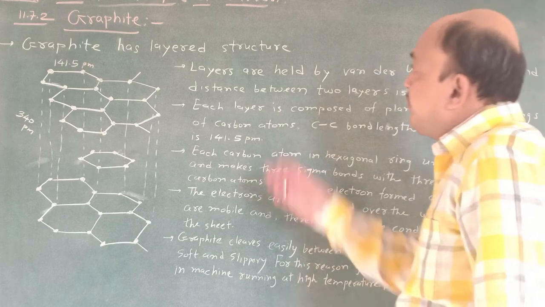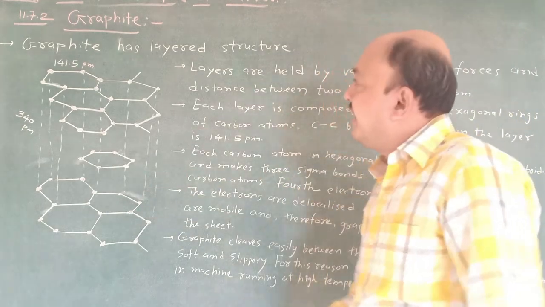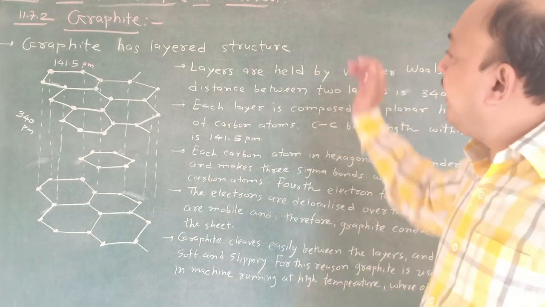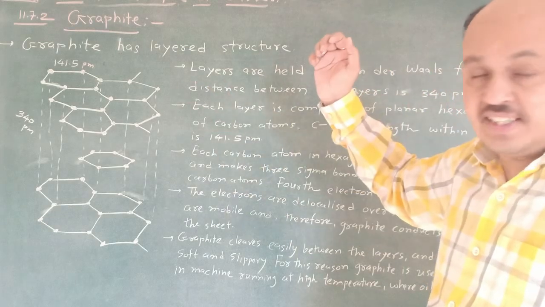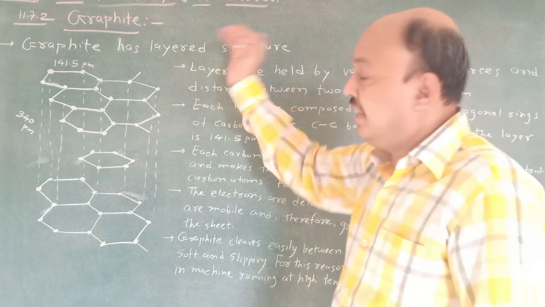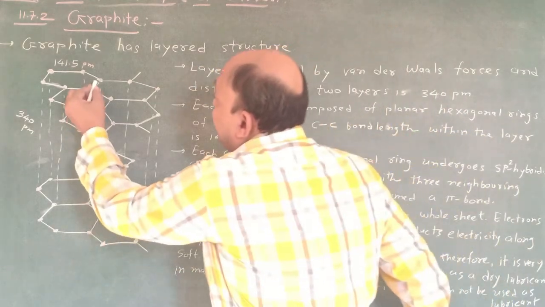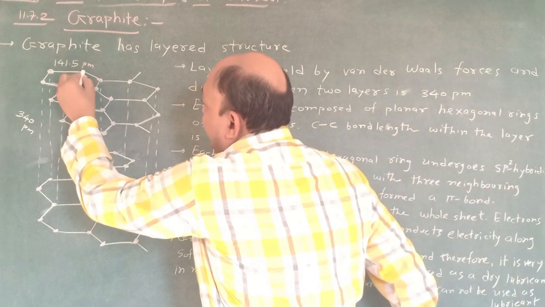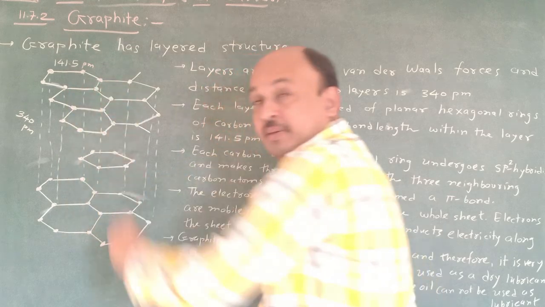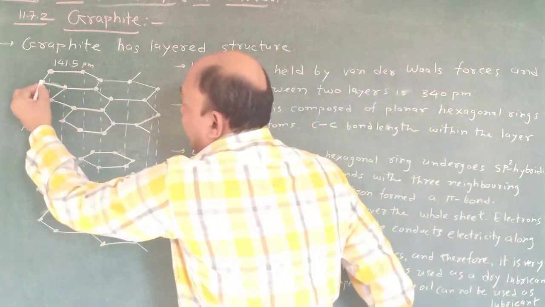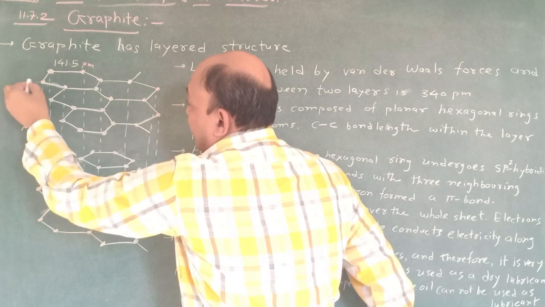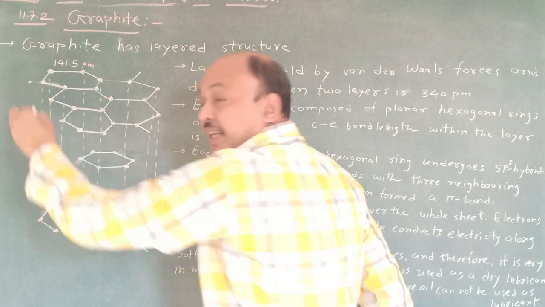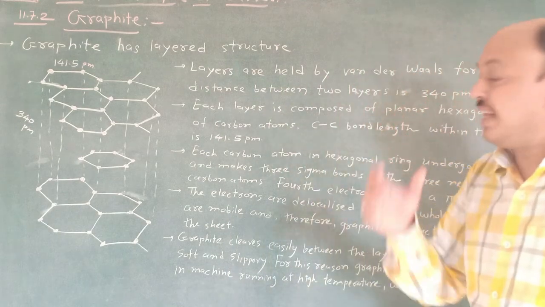Okay, now the next allotrope of the carbon atom is graphite. Graphite has a layer structure. Remember, it's a hexagonal type structure, and it's a layer structure. Just see here, this carbon atom is attached to another 3 carbon atoms. Once again, this carbon atom is attached to another 3 carbon atoms. This is 1, 2 and 3. So 1 electron is left.